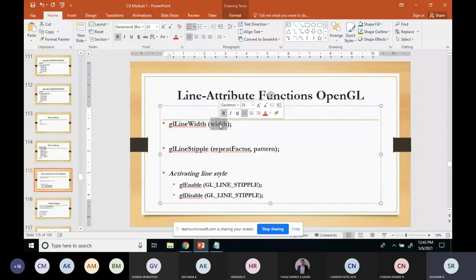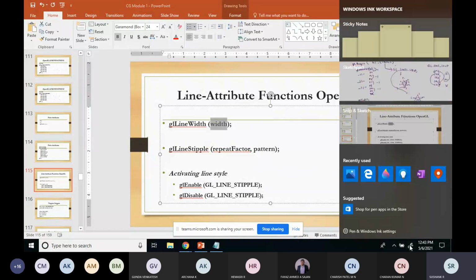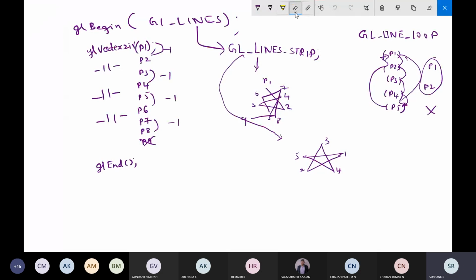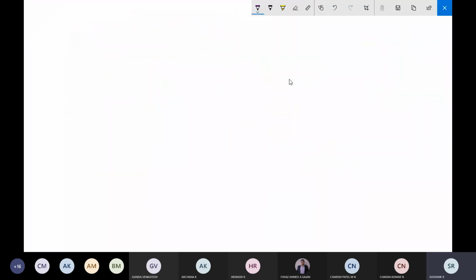the line stipple. What do we mean by line stipple? Line stipple means deciding how the lines need to be displayed. For example, point 1, point 2: here the line was displayed as a continuous, solid line.